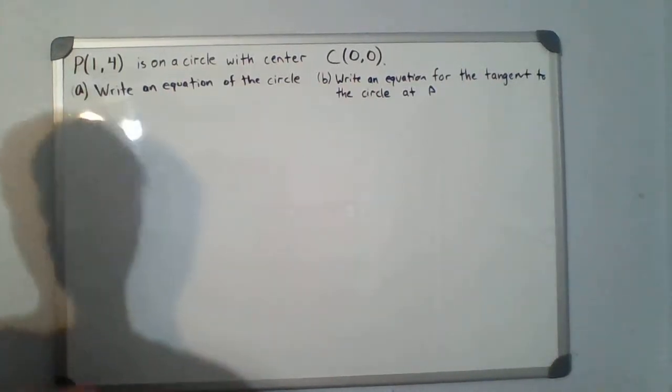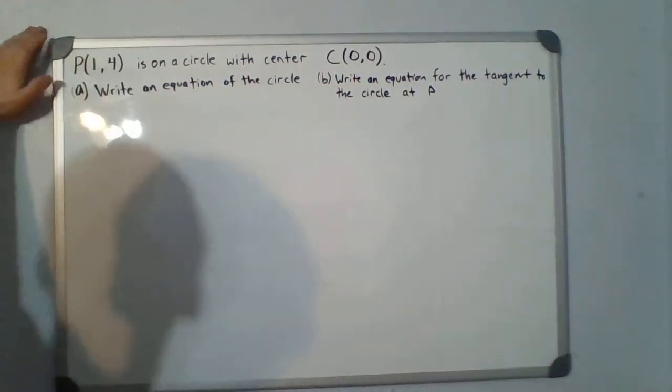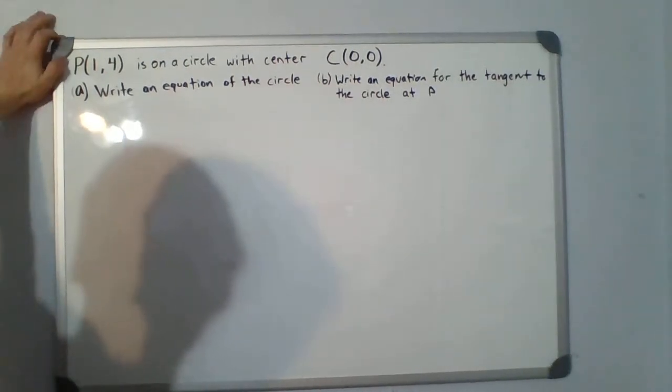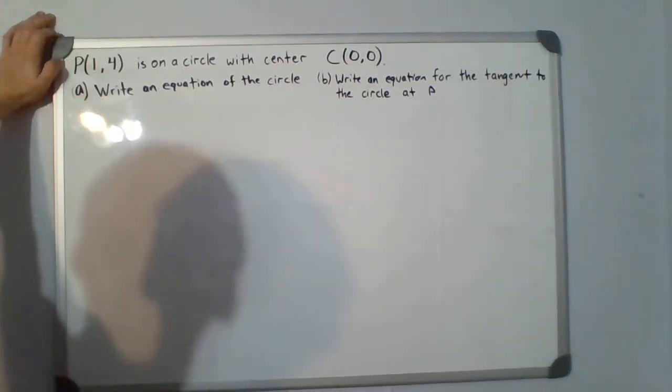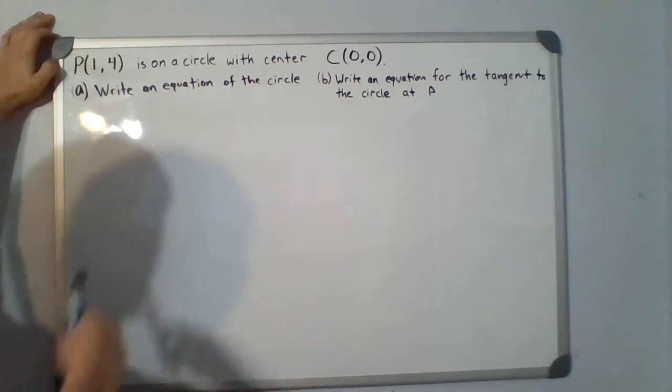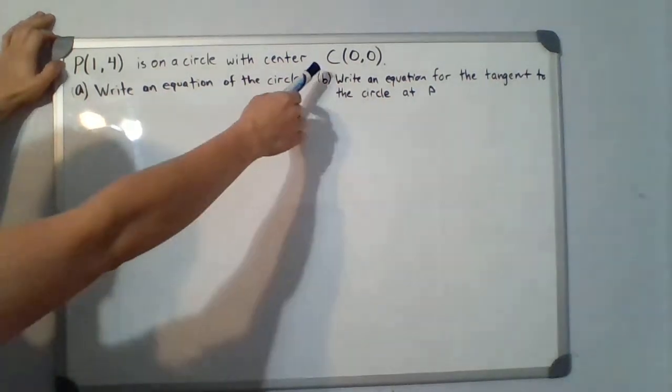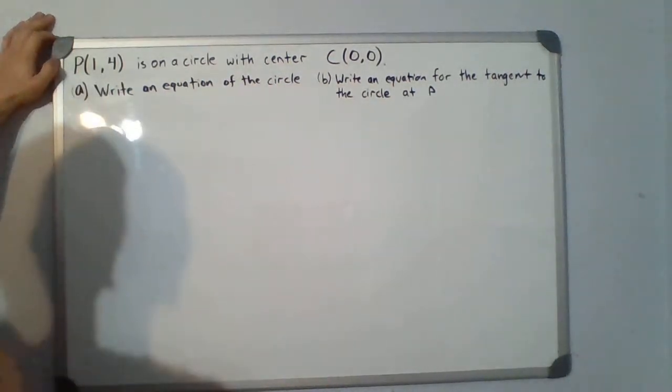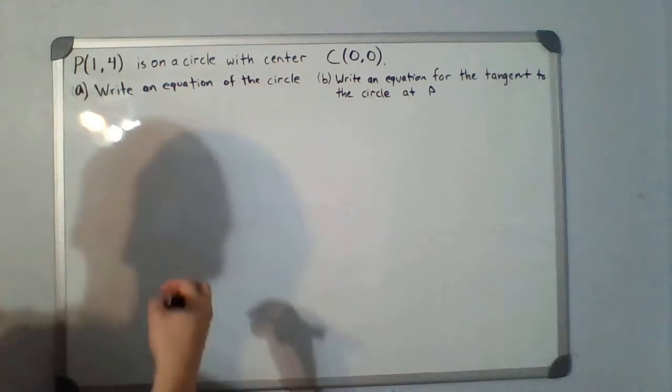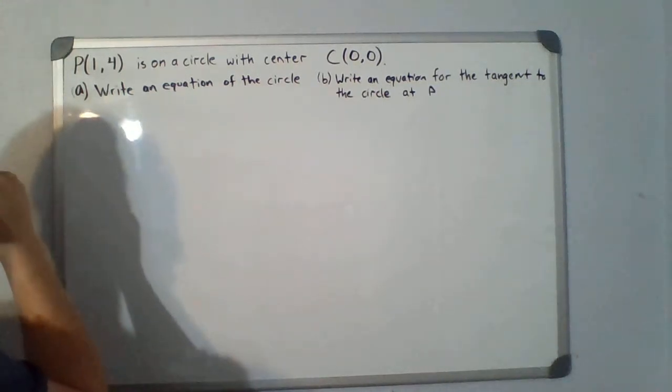Alright, this video is going to follow the videos on the algebraic definition of a circle. Just an example of how we can use it to find the equation of a circle given the center and a point on that circle. So let's start with,